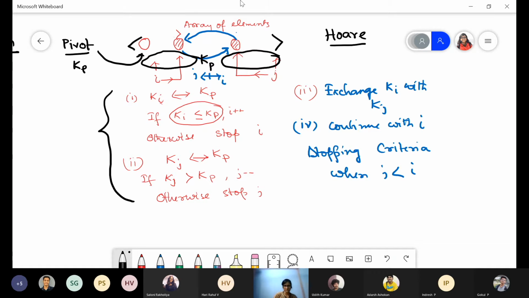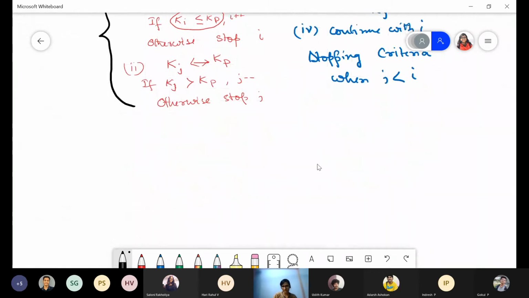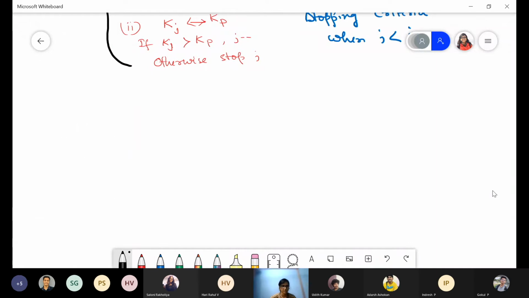Now this is the algorithm, and if you have used the recurrence tree, then maybe you remember that even if we had a very bad partitioning, suppose my partitioning is something like this, say 1/10 of n is on this side, my Kp is here, and 9/10 of n elements are on this side. This is a special case. Now what is going to be the complexity for this case?